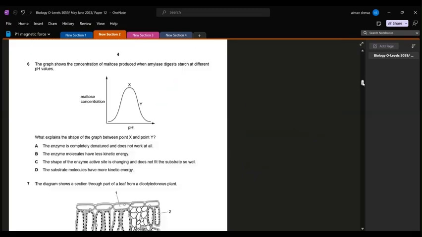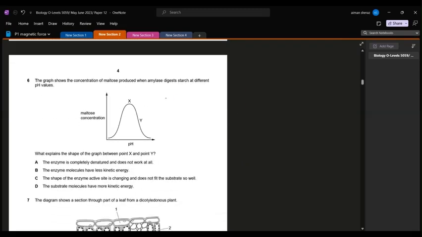Next question. Question number 6. The graph shows the concentration of maltose produced, this is the product, when amylase digests starch at different pH values. So this is a graph of concentration against pH, showing how pH will affect the concentration. So if you see